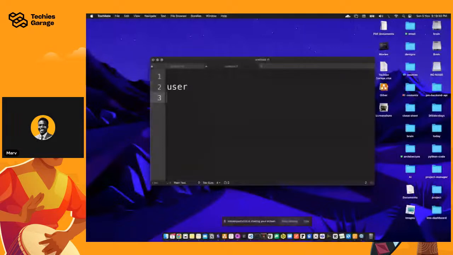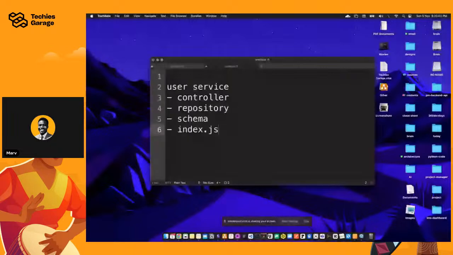So you can actually have the user service online. You have the repository, which is your DB code, and some schema files, and you can have index.js. Middleware, if you use some specific middleware. Then of course, if you also separate your routes, which is fine, you can basically have a login.